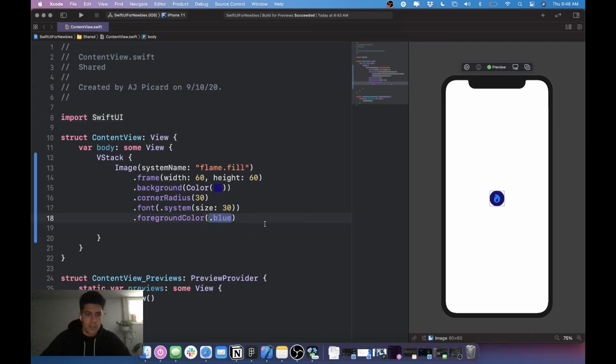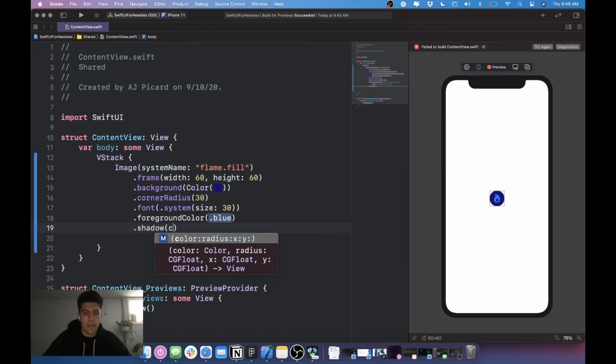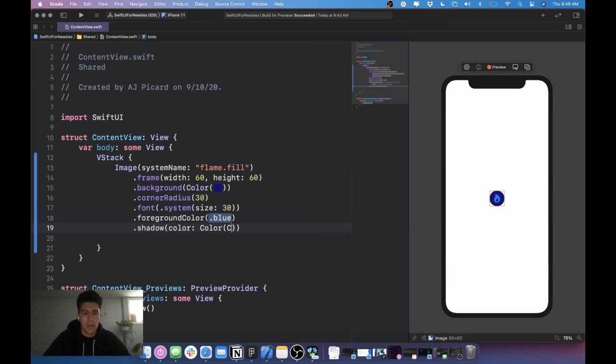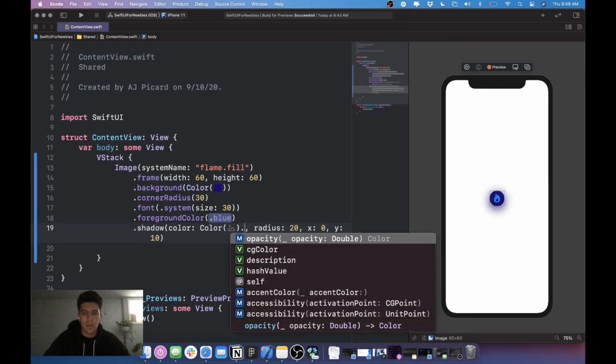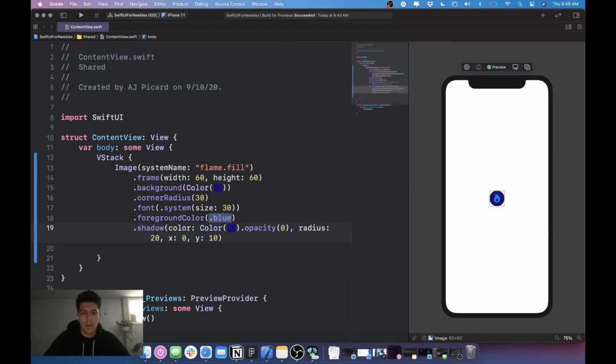And what you can also do is even add a shadow to it, right? Color literal, and let's do radius of 20, x 0, y 10. And what I'm going to do is just copy this, put this here, opacity of 0.5. Now we got a nice little button, you know? And that was just barely any lines of code. You know what I mean? And this is kind of how you continue to add icons